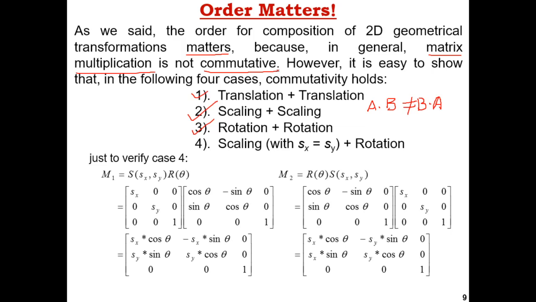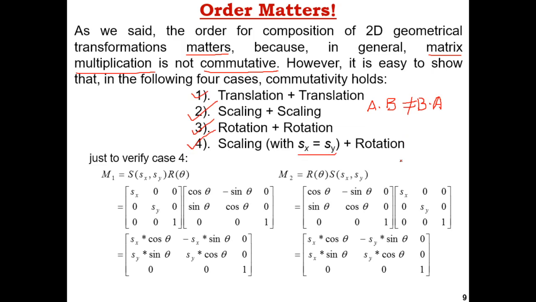So it is clear that rotation and scaling are never commutative, rotation and translation are never commutative, and translation and scaling are never commutative. Under this, three are not commutative. This is based on the proof that two matrix multiplications are never commutative. But one important thing is there: scaling and rotation can be commutative, the condition being that the scaling factor is the same.